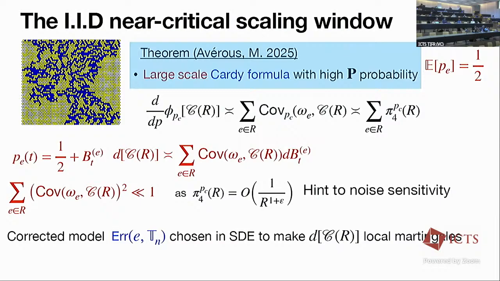Questions. So yes, I'm just confused by something. In the near critical regime, if the limit is indeed a massive SLE, shouldn't the Cardy formula break? And how is it compatible with the fact that here you have an average Cardy formula? Shouldn't it be